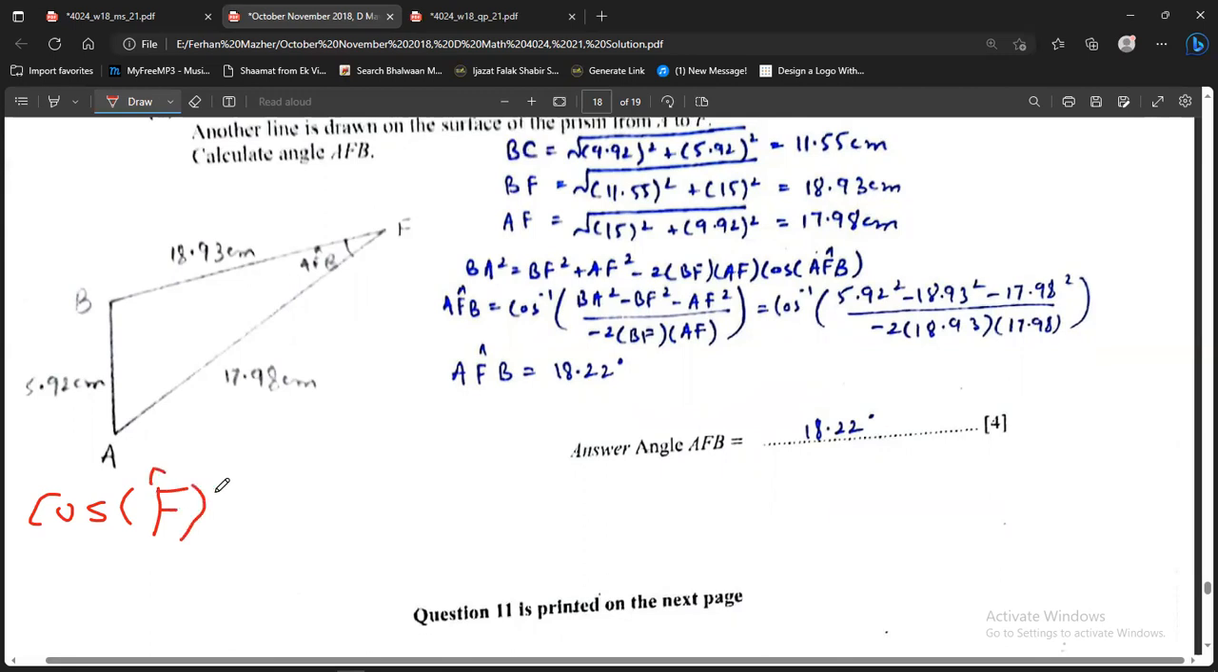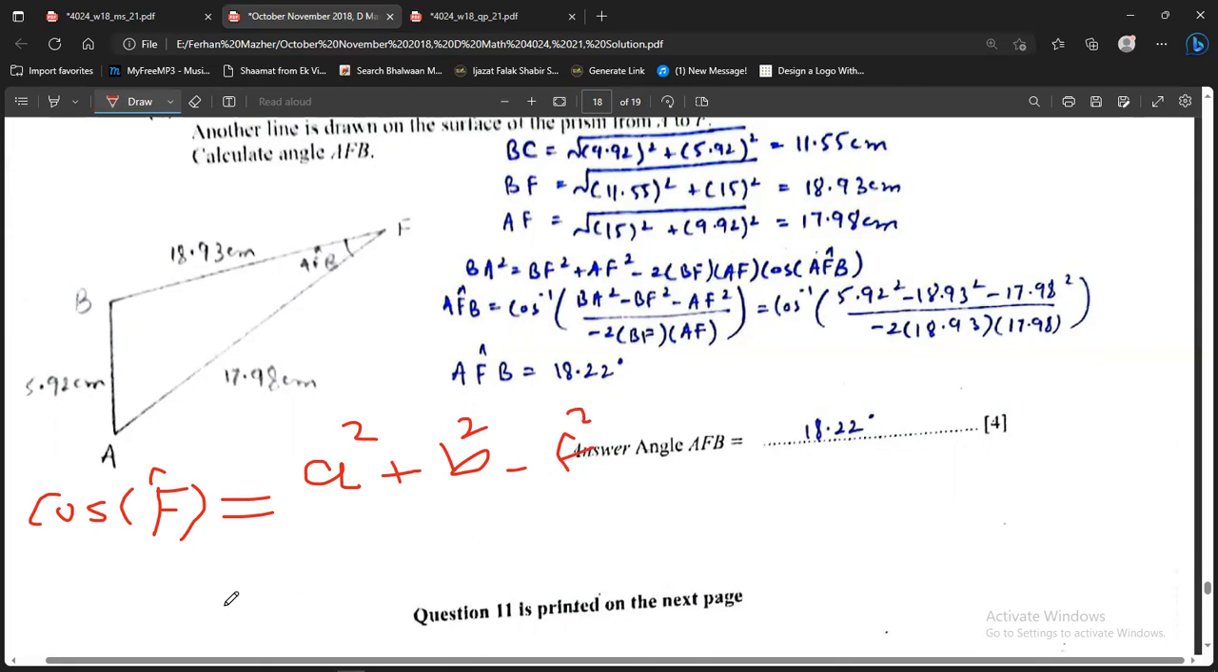And that will be equals to, okay, that will be equals to, let me write the formula for you. A square, which is 18.93 square actually, plus B square, that is 17.98 square, minus the F square, small f,